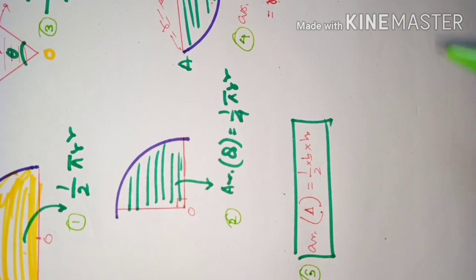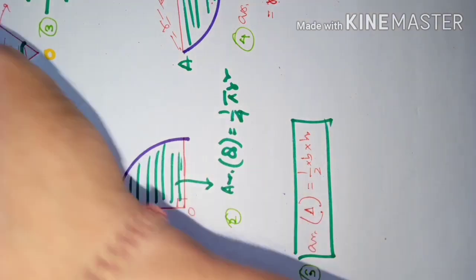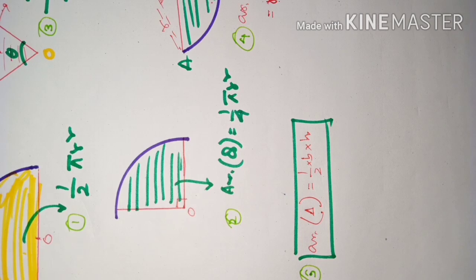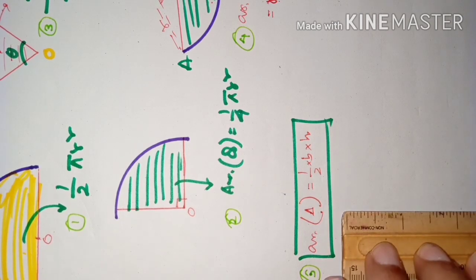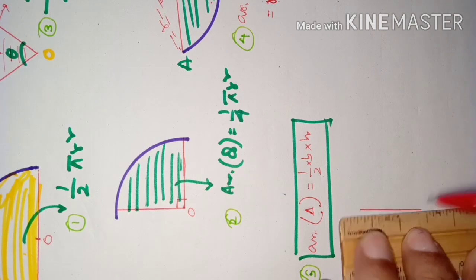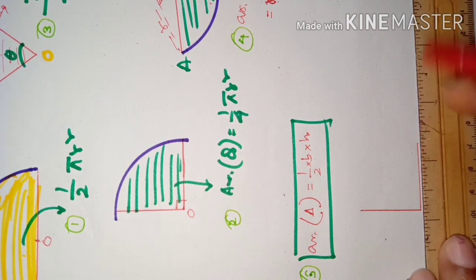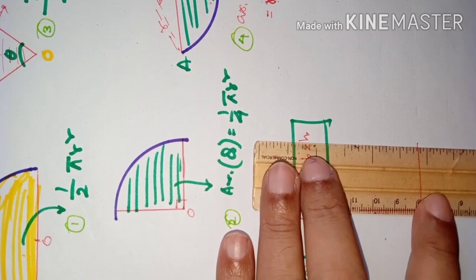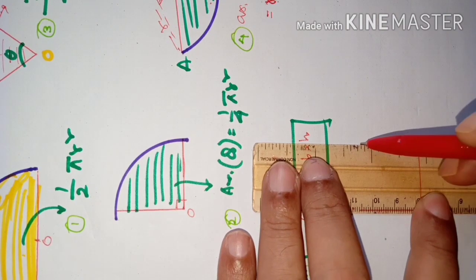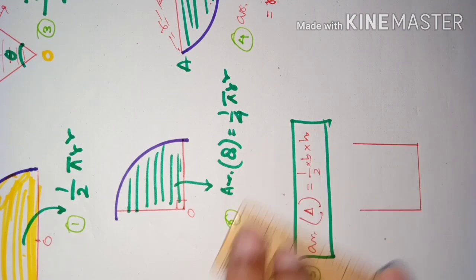Later on again we will see any other formula. Oh yes, area of a square. A square also is a geometrical figure. All of you know the area of a square. This is a square, suppose. Here I am drawing a square. So this is a square.